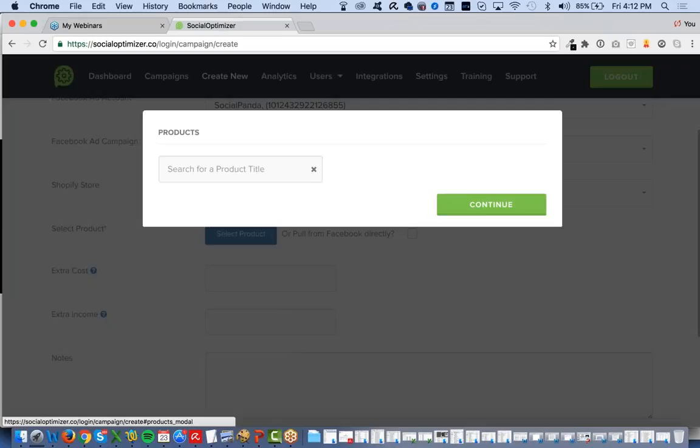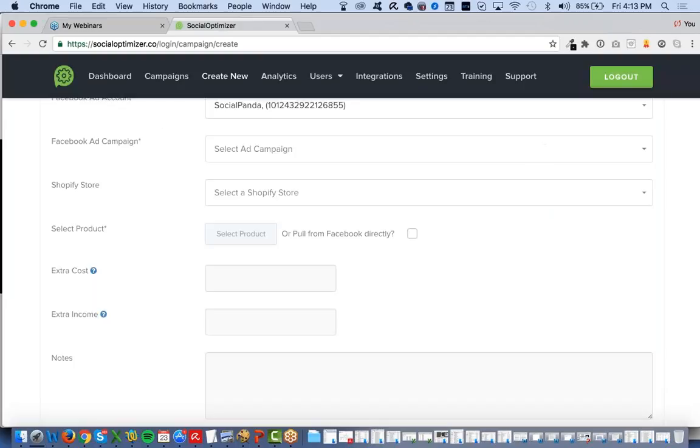What you can do is instead go to this right here, select product, and add in your product name. So it might be that you're selling a digital product. It could be you're selling a physical good. Let's say, for example, you're selling Audience Drop. This is a product that I offered white label rights to during this promotion of Social Optimizer. You would click continue, and you've added that product.